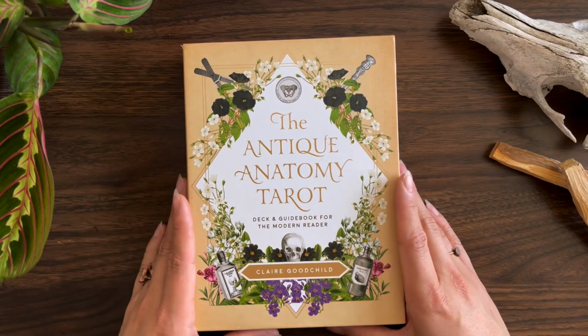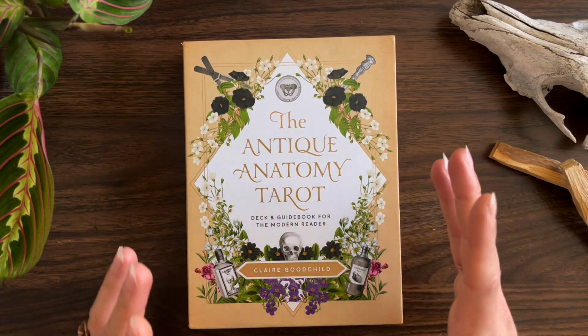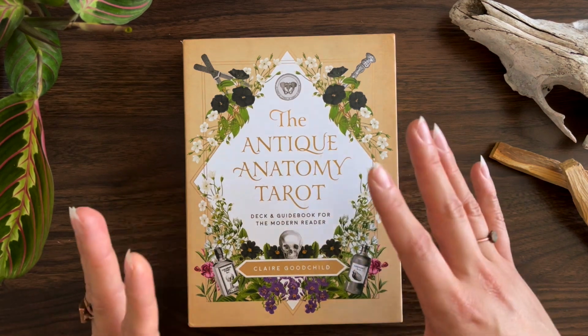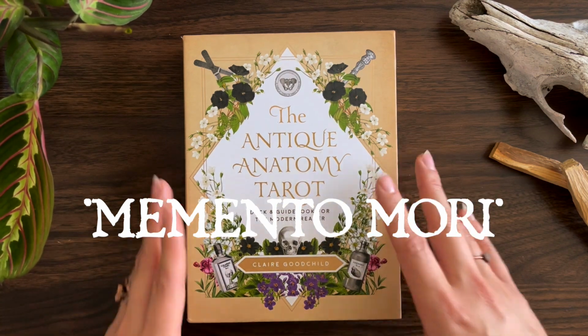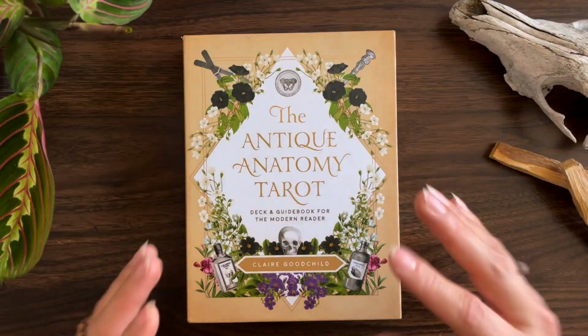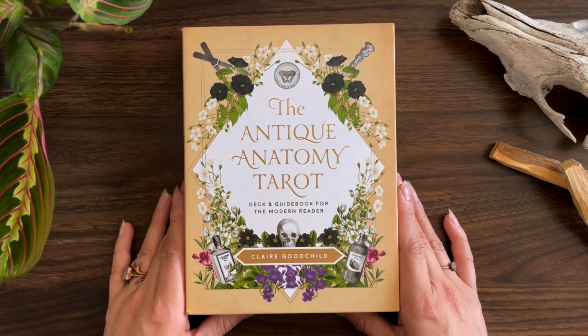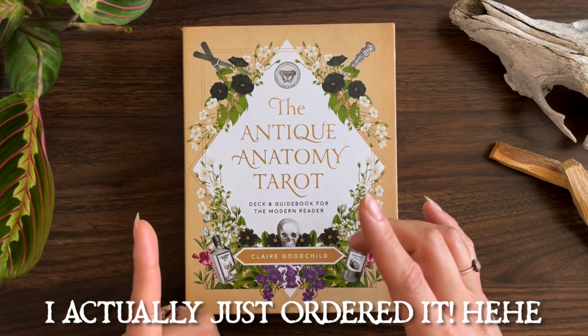So just before we really get started, I also wanted to mention that she recently came out with another Oracle, which is Memento Mori. And actually, I don't think she just came out with it, but I think it's been available for a while. And she is coming out with new add-ons, which is super amazing. And she has a podcast and everything with them, which is really, really cool. I haven't gotten it yet because she only has the pre-order for the Memento